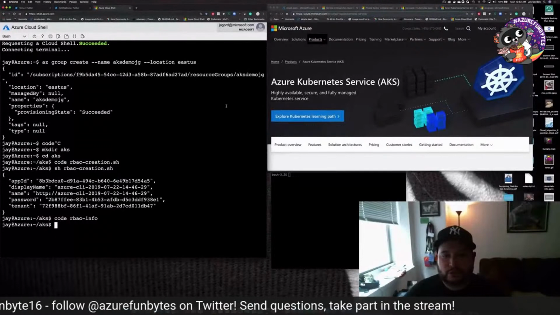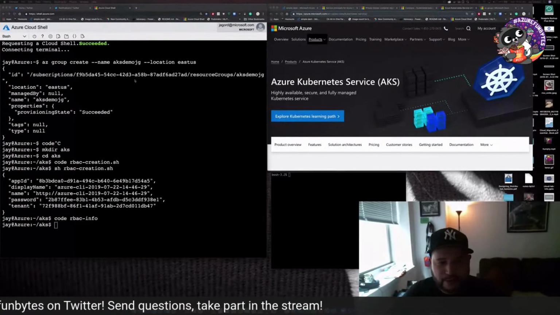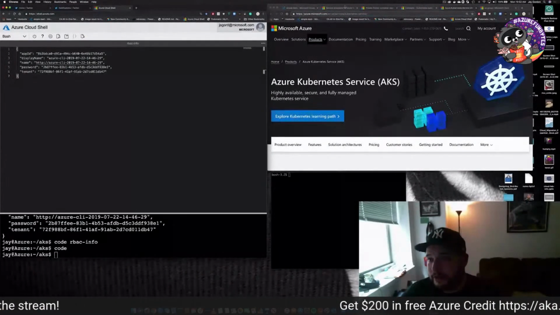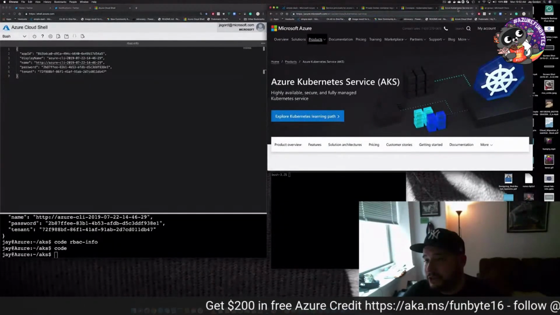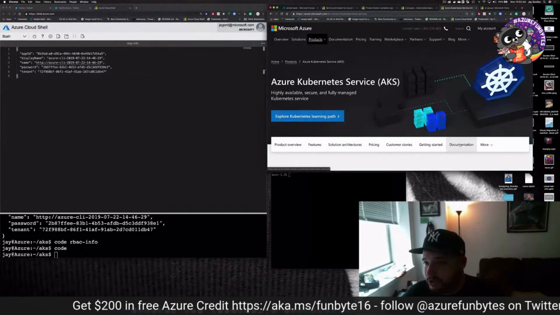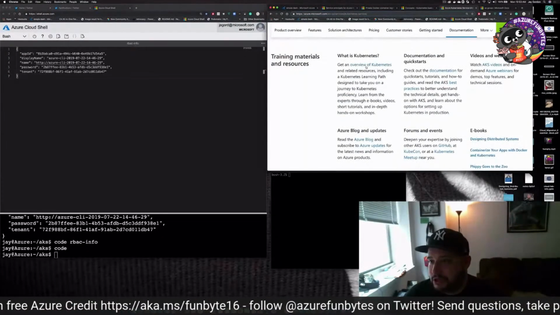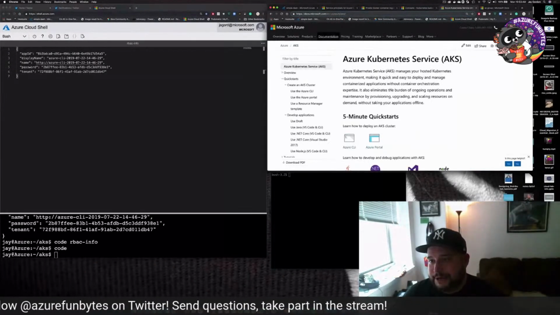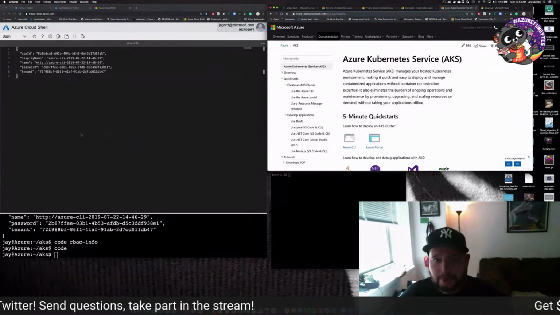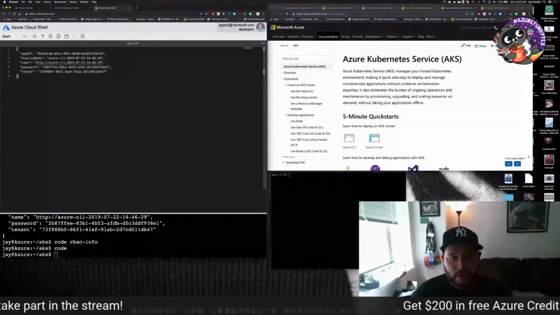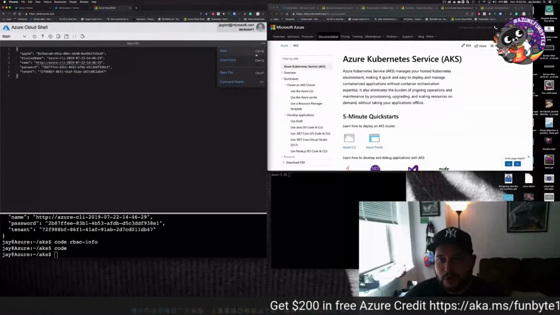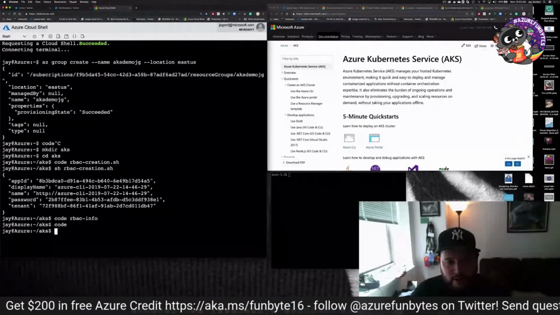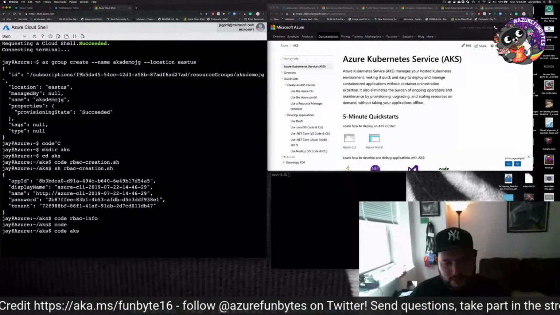So let's get started by creating our Azure Kubernetes service. And that's really easy. What we're going to do is type code. Now, there are a bunch of AZ creation information that you can get. You always just go to documentation, get an overview of everything here. Right here, we've got the documentation on how to create a cluster, but I've got some tips that I'll show you how to do it real quick. So we were using code before, as I showed you, to create things, and I want to do that again. So what I'm going to do now is type code, AKS cluster,